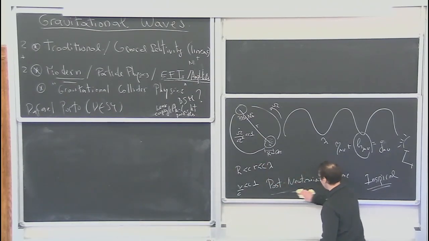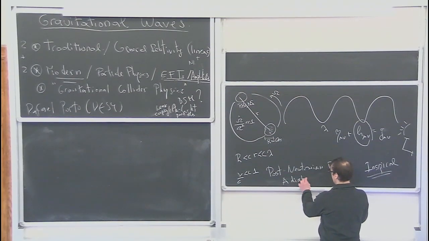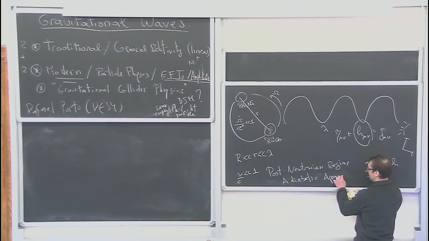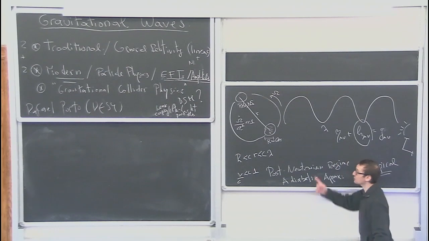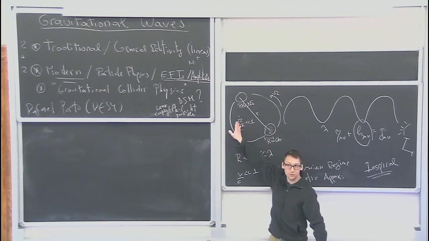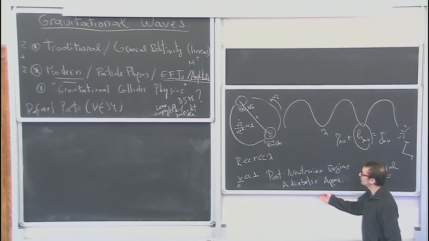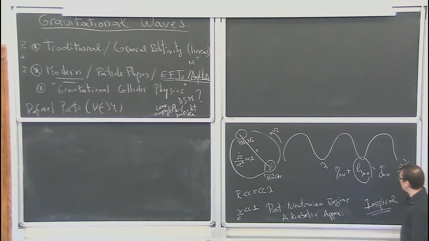So we're setting up the problem, right? And this will be in the adiabatic approximation, in which this is small. Okay, how small we will see. We'll calculate this. This will be one of our goals, right? And in this adiabatic approximation, when we solve for the waveforms in what is usually known as the inspiral regime,